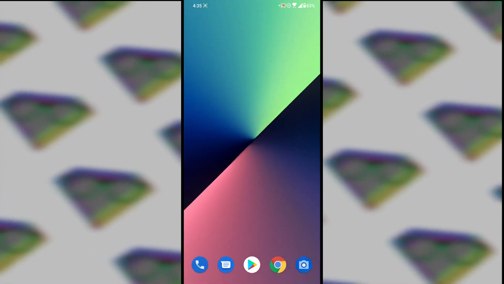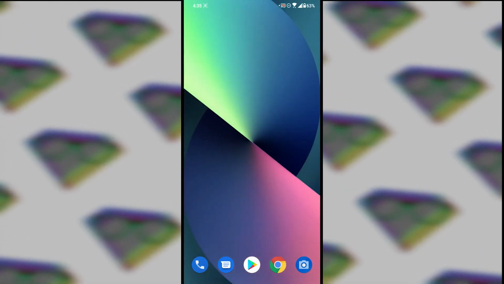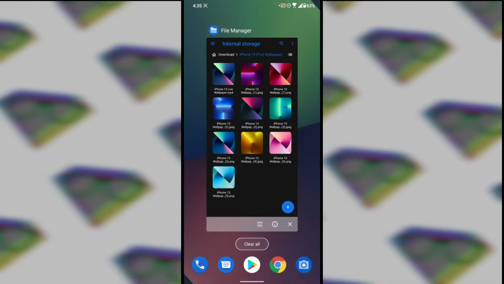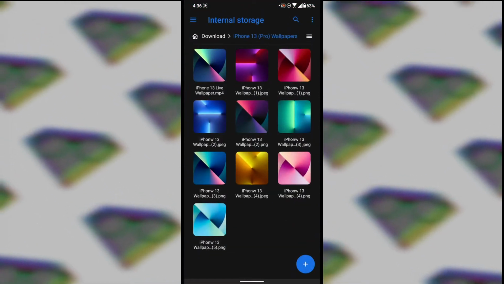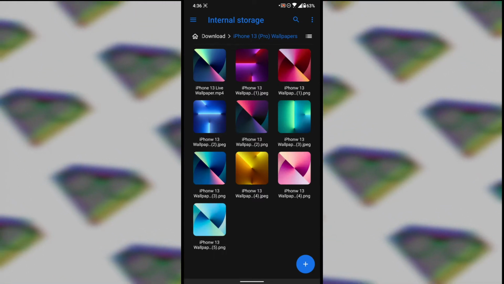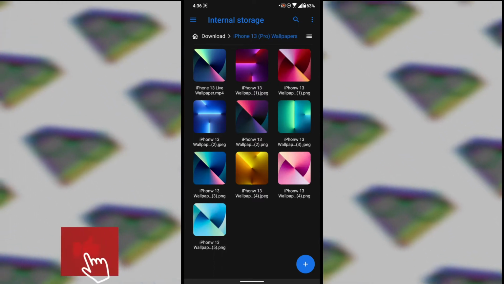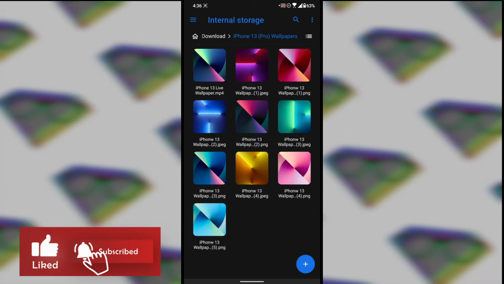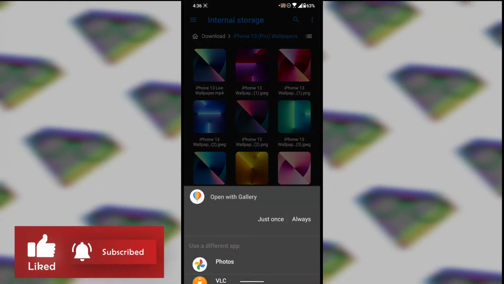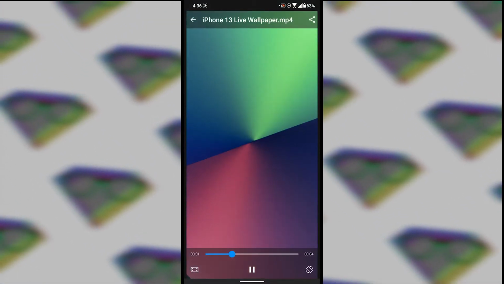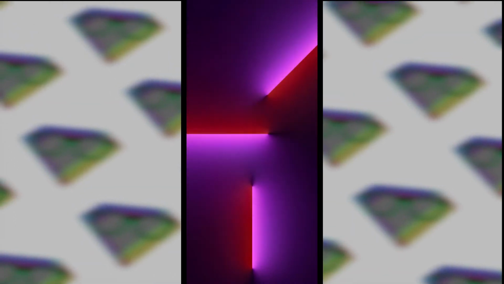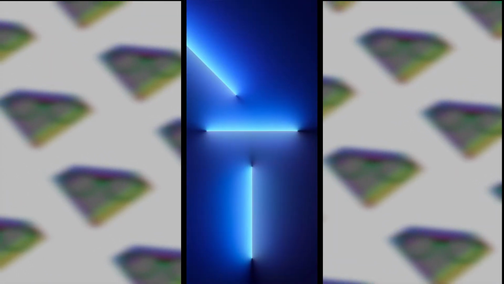So first thing what you have to do is download the wallpaper package. The link is in the description, and once you download that, you have to extract it on your phone, and after extracting that package you will get these files, one of which is a video file as you can see here, and rest of them are a bunch of still wallpapers which you can also use on your smartphone, and